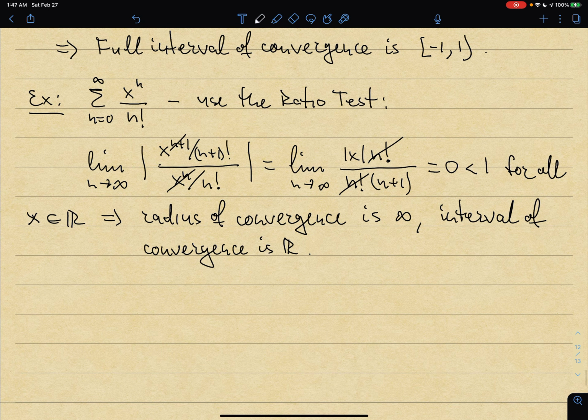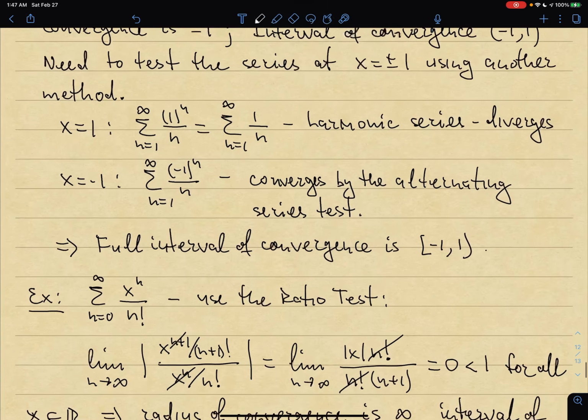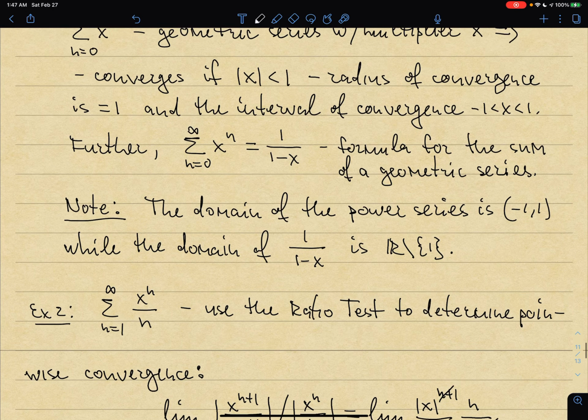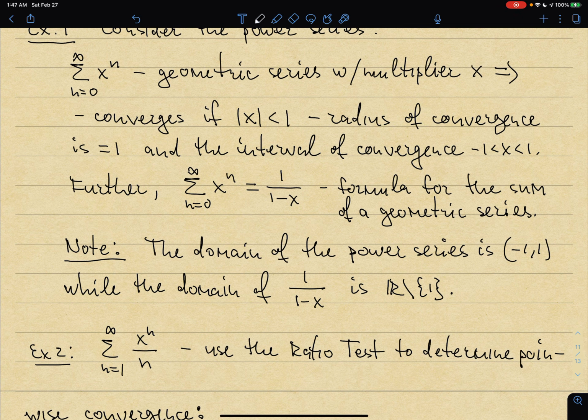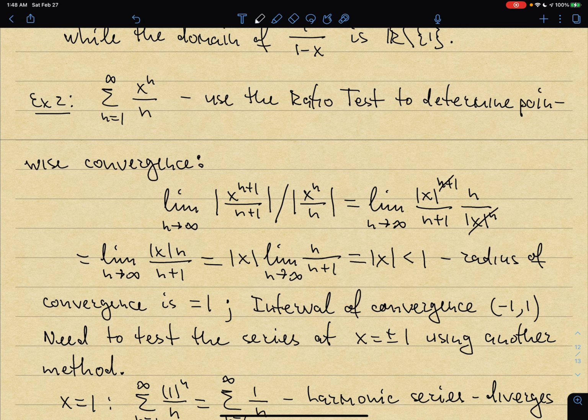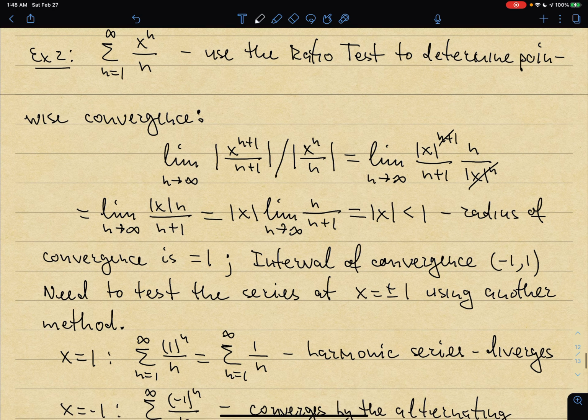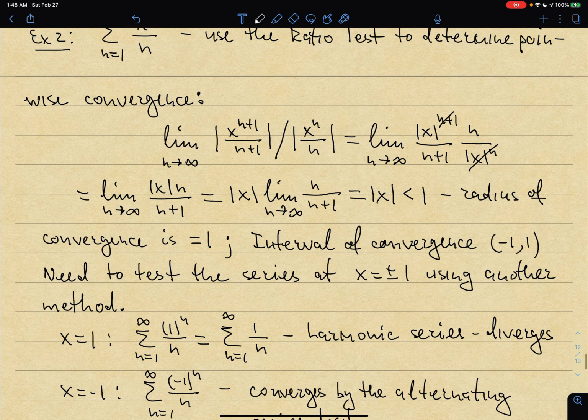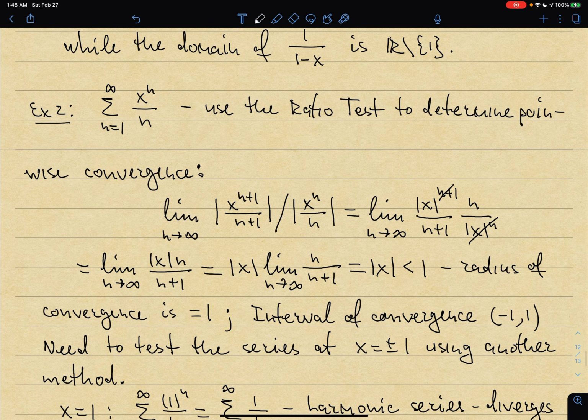All right, so one last thing to mention here. If I look back at the example of a geometric series, there I knew exactly what the sum of the series looks like. It's 1 over 1 minus x. And certainly 1 over 1 minus x is a continuous function on the interval from minus 1 to 1, right? When 1 is not included. For example 2, I already don't know what the sum of the series looks like. I know that the interval of convergence is from minus 1 to 1, but how does the sum of the series look? I have no idea.